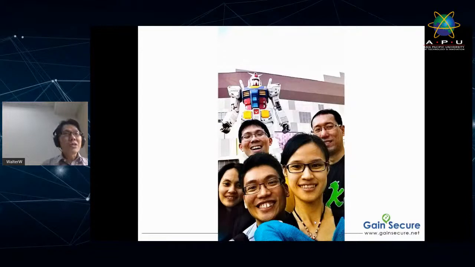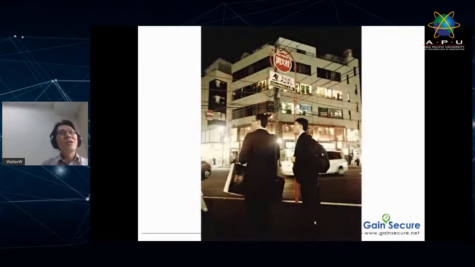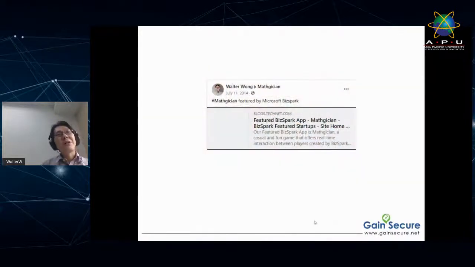The company has a very good team. We went out for an extended 4 or 5 day corporate trip in Tokyo. Of course, the company paid for everything. Yeah, this is the famous Gundam. I think it's no longer there now. They're going to build a new one, but it's a good travel experience. We have a lot of food. We have a lot of freebies, right?